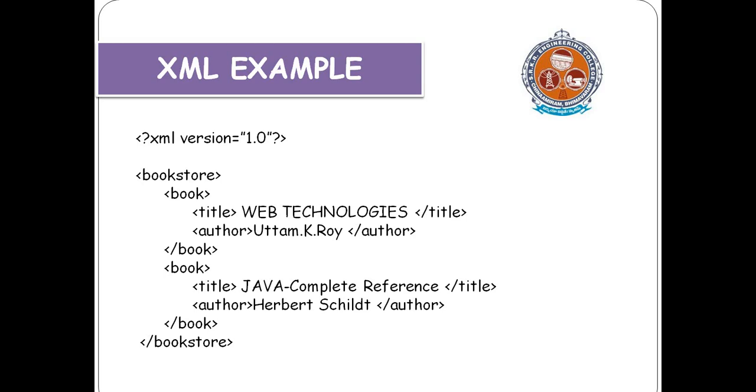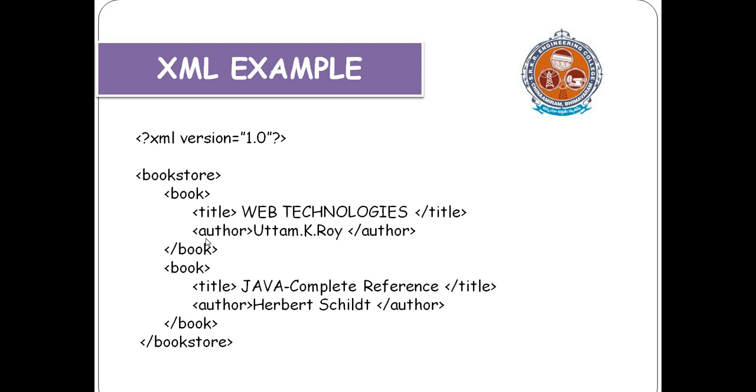Okay. This is the basic example of XML. Just listen, I have explained it clearly. Here the user can define bookstore. It is a user-defined tag, bookstore, closed by /bookstore. Then you use book as a child or an element. It is closed by /book, and for another one I use book and close it with /book. So no conflict will occur, because when I open this, it works only within this block. Once I close it with /book, it ends. In that one, the attribute title is used, and it displays web technology.